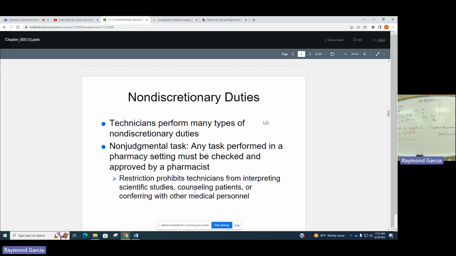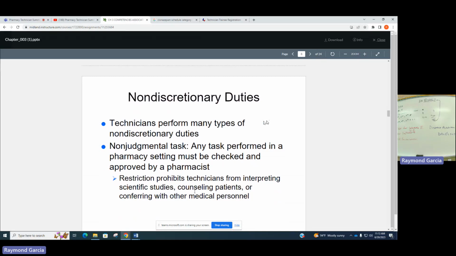Although this is also changing, some states now permit tech-check-tech procedures. This allows a certified technician rather than a pharmacist to check another technician's order filling accuracy. Non-discretionary duties prohibit technicians from interpreting scientific studies, counseling patients about medications, and conferring with other medical personnel about